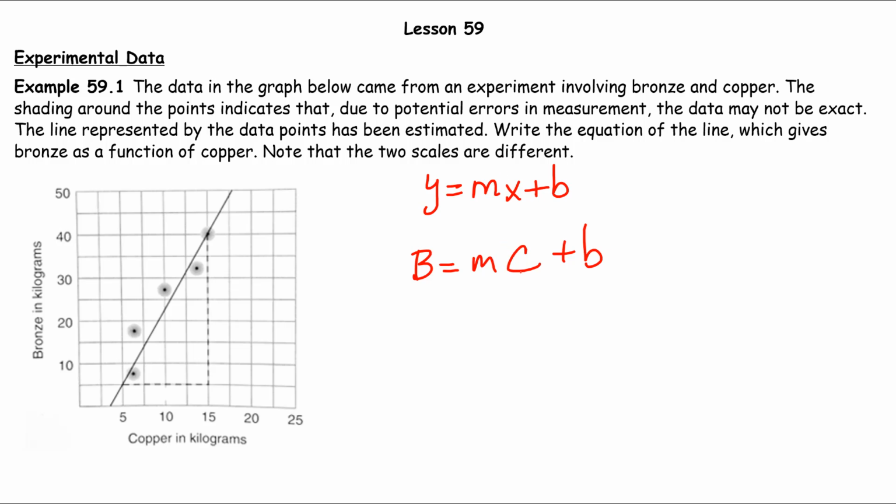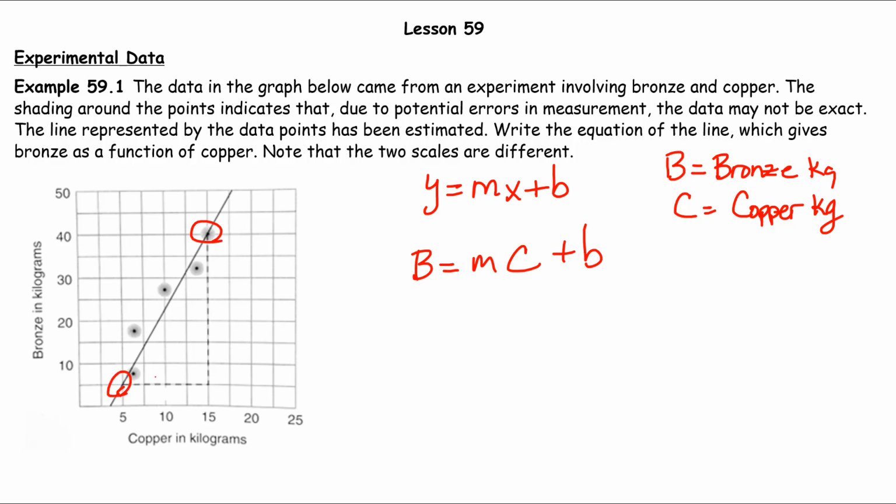to represent copper. So I could even, off to the side here, say that B is the kilograms of bronze, and C is the kilograms of copper. C is not the correct symbol for that element, but we're using it as a variable in a math equation right now, okay? So let's look at how the line is drawn. We can pick 2 points on the line. The 2 points that seem to be most exact are this one and this one